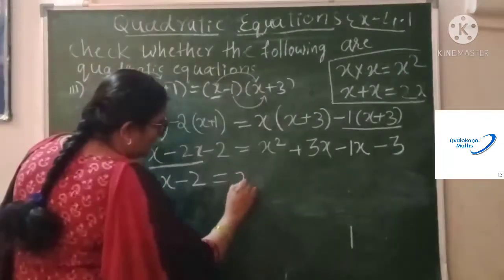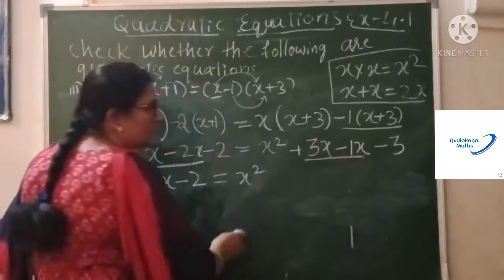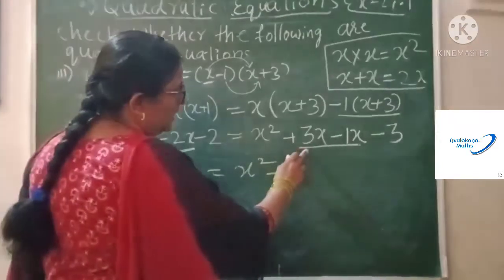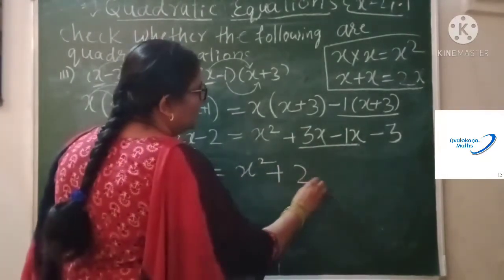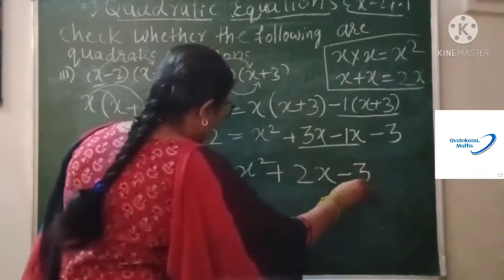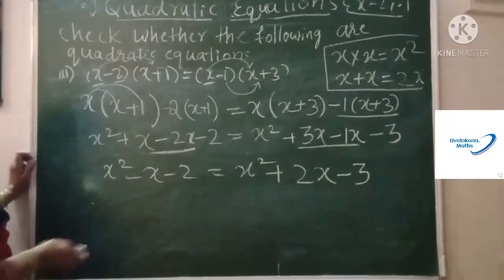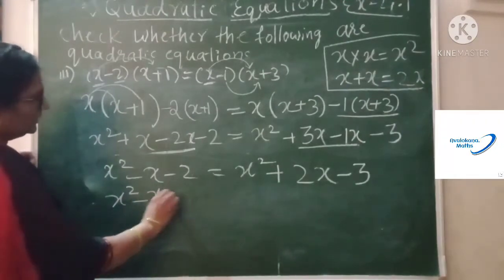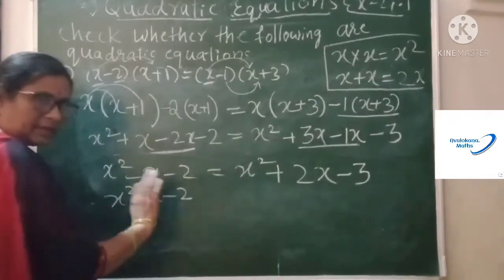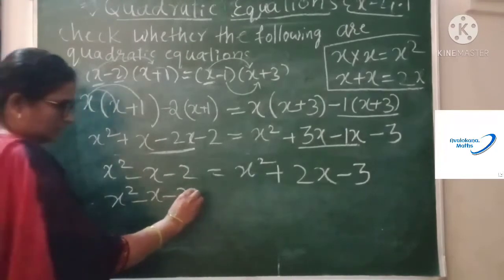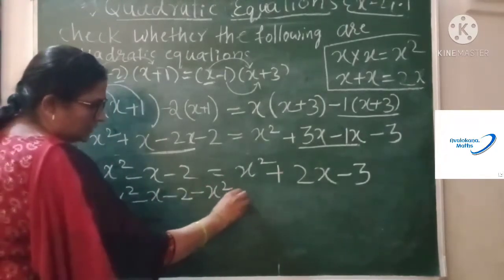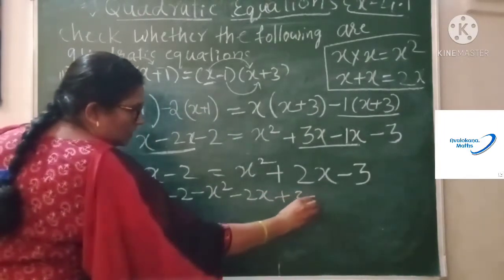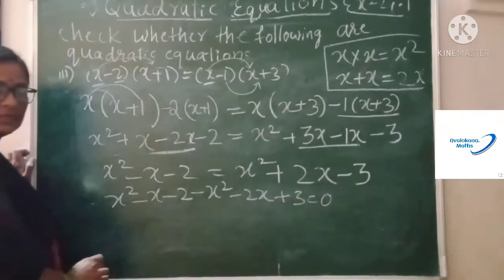Okay. So x square, once again a concept comes here. I think it is very easy. Plus 3x minus 1x, you can do. So 3x minus 1x is 2x minus 3. Okay. Now we will transfer the terms from RHS to LHS. So you have here x square as it is, LHS minus 2. Don't get confused. Very simple we are going to solve these things. x square minus 2x. This minus becomes plus 3 equal to 0. Over. One more part of this one is over.